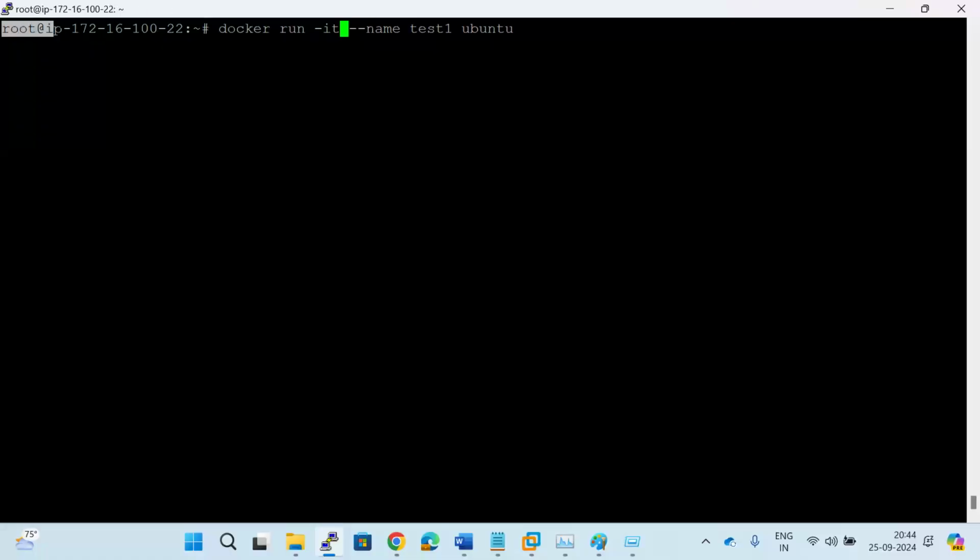So right now we are on the server. How can you say we are on the server? The root user is logged onto the server, which has the host name 172.16.122. Okay, this is the server host name. Try to understand, 172.16.122 is the server host name. Now,